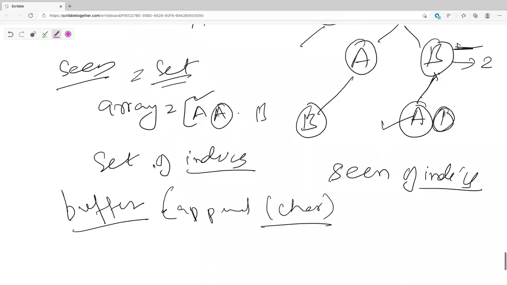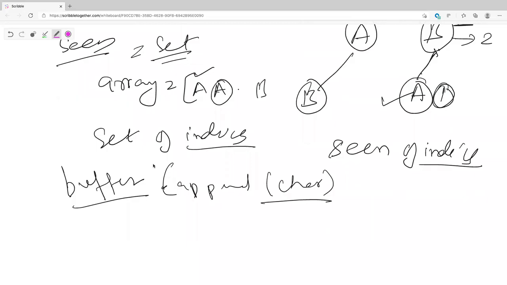So you're doing two things at each step: you're adding to your buffer, and you're also adding to your seen set. I'm trying to simplify what you're doing at each step. At each step, you figure out what you have seen before, and if you've seen something, you're not going to use that as your candidate.